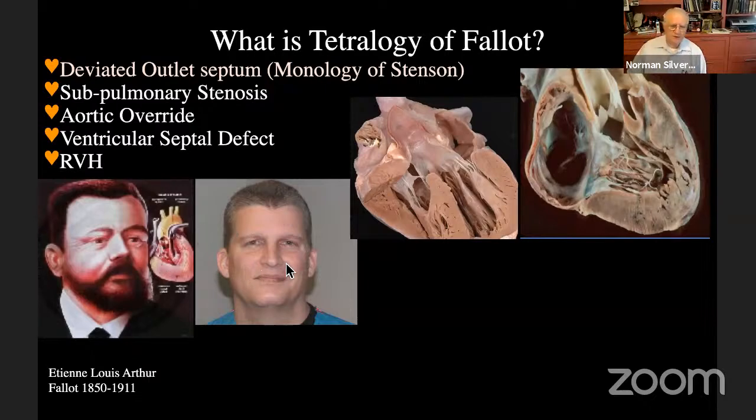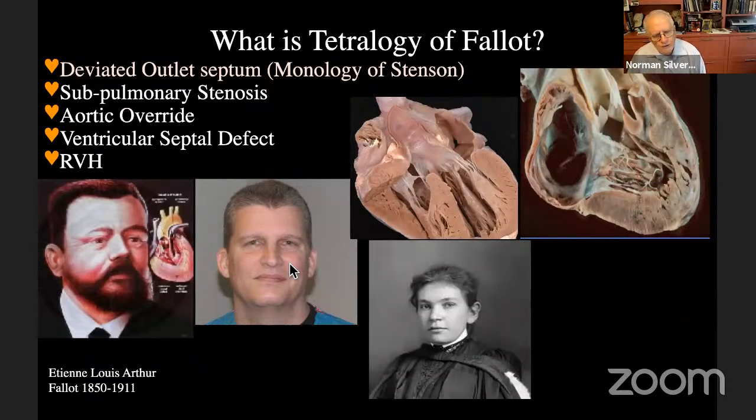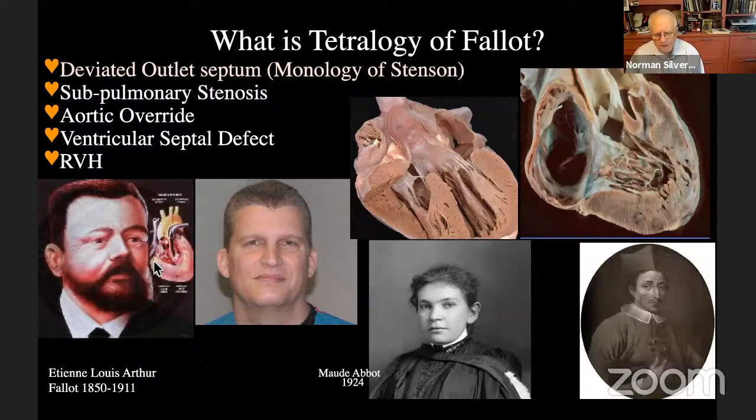and particularly the 22q11 deletion, which we know is DiGeorge syndrome, velocardiofacial syndrome, etc., etc. Now, who named this tetralogy of Fallot? Well, it was Maud Abbott, who in 1924 put out the first atlas of congenital heart anomalies. She was a fiery and wonderful person, and she could read French, and so she read the 4 papers in Marseille Médical that Etienne Louis had actually presented.